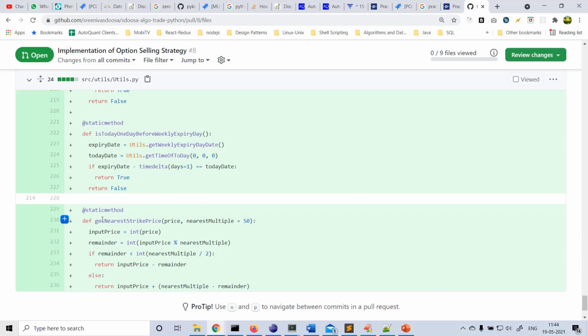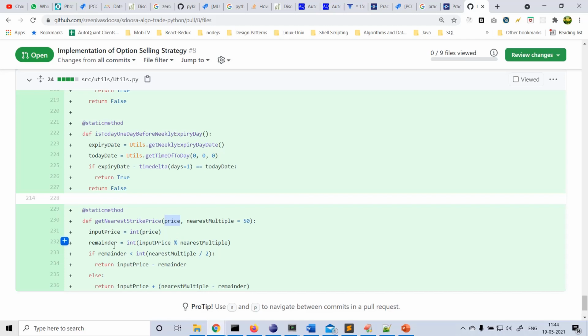Okay, another utility function I wrote here: get nearest strike price. Let's say you are giving 15020 here, and the nearest multiple default I'm assuming is 50. This is what we generally use for Nifty. So in this case, this function will return 15,000. If you give the price as 15030, then the nearest strike price returned from this function will be 15050.